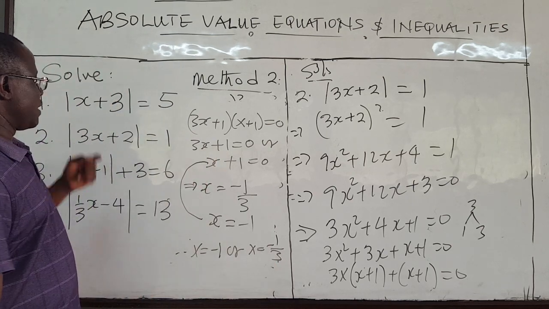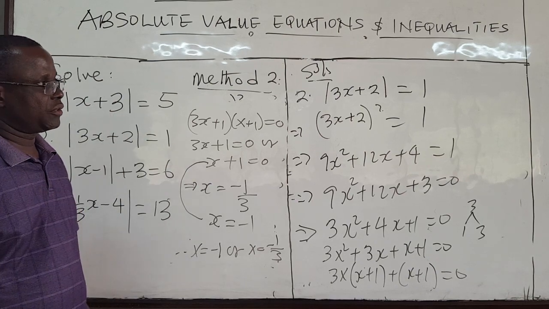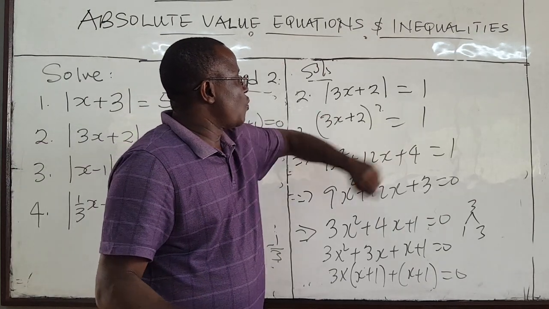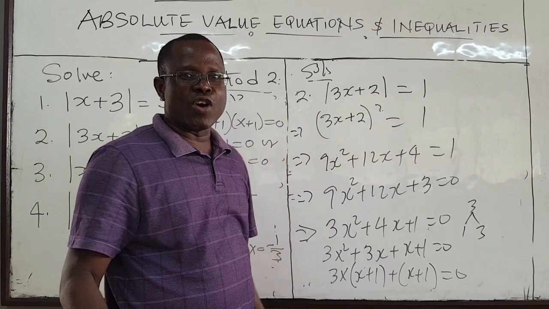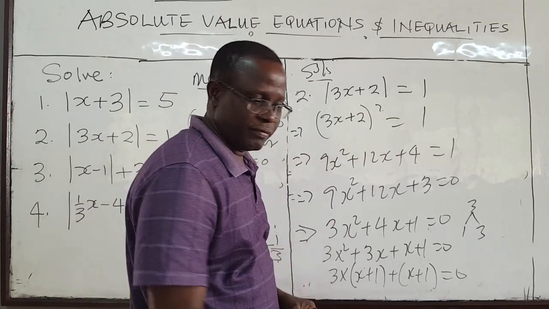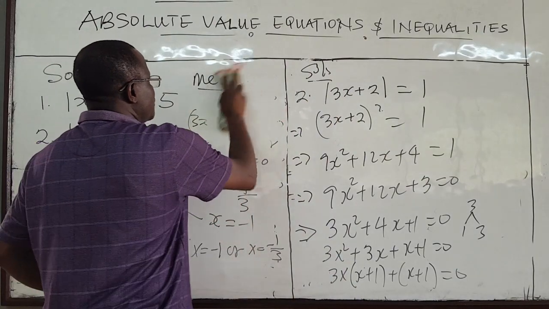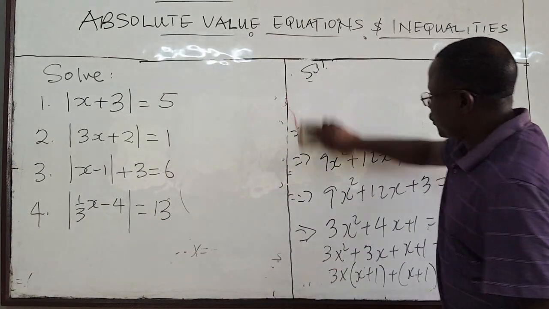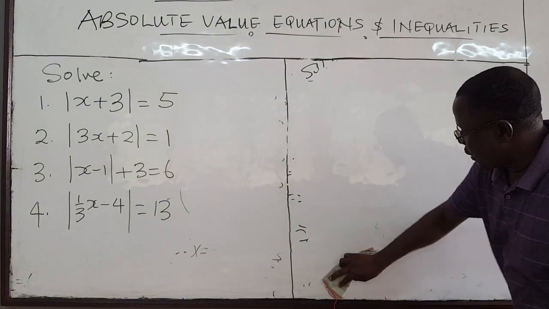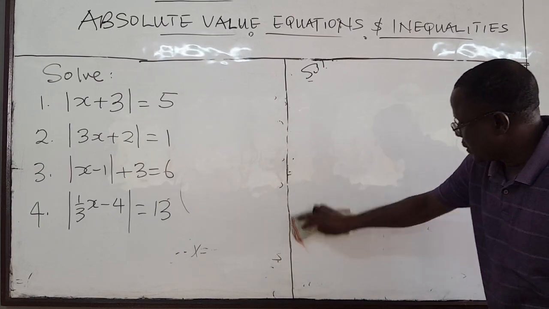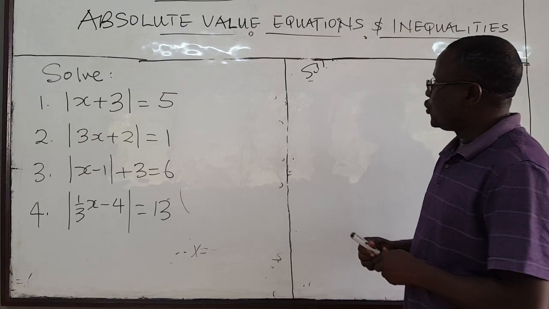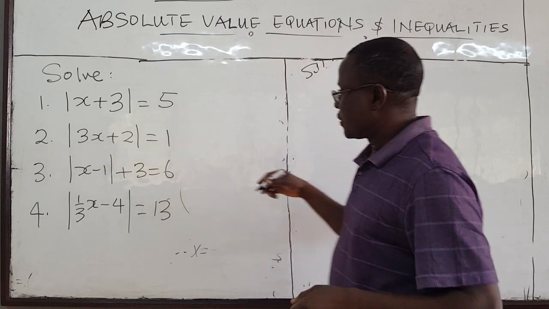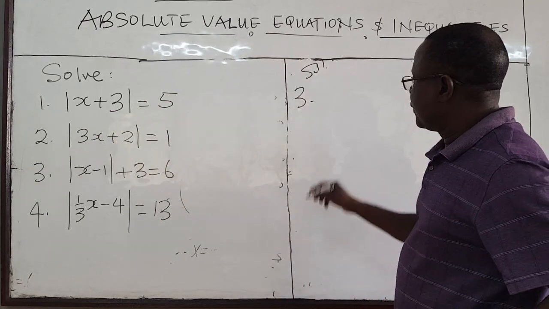Okay, so that is number 2. Try it using the first approach. That will be faster, much easier, I'm sure. You have 3x + 2 = 1, and then 3x + 2 = -1. So you have simple linear equations to solve. Try using method 1 to solve the same problem, and you should get the solutions that we got. Whenever you have just a single absolute value in the equation, it's usually easier, I think, depending on what is in there, if it's not squared, of course. Okay. Number 3, absolute value